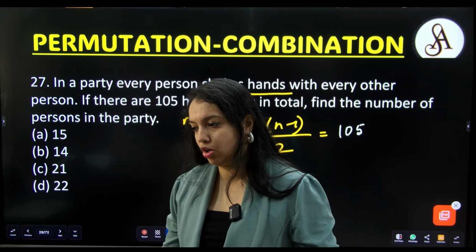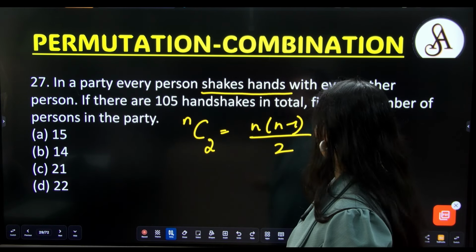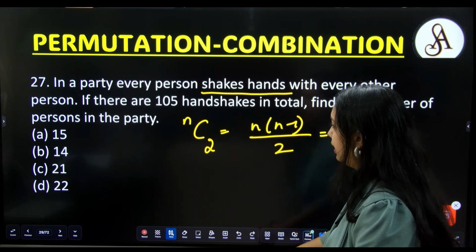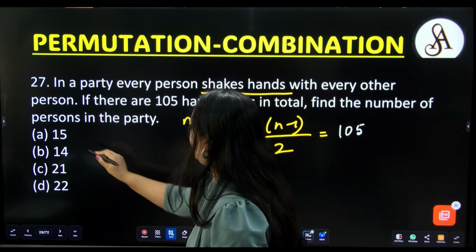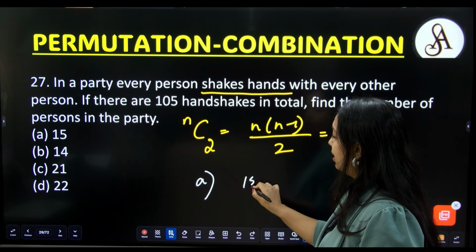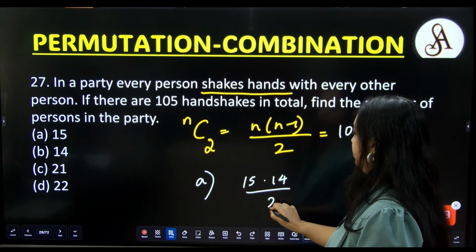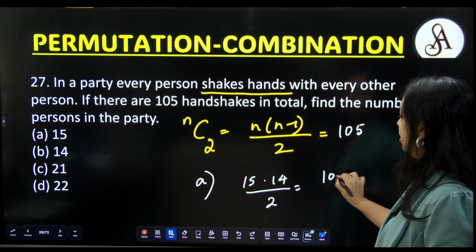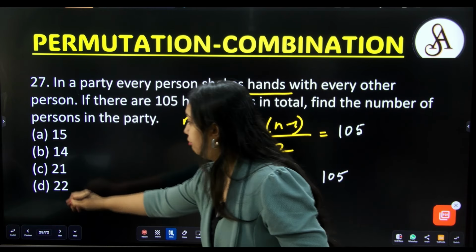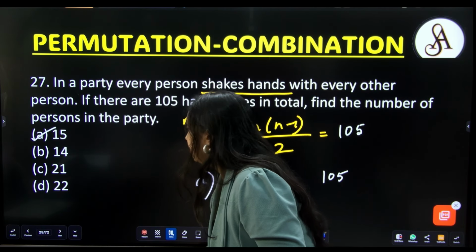Now we will check this from the options. Whichever option gives you right hand side as 105, that option is correct. Let's start with option A, 15. So 15 into 15 minus 1, 14, divided by 2. This is 15 into 7 is 105. I am getting the correct answer in the first option itself. Next,